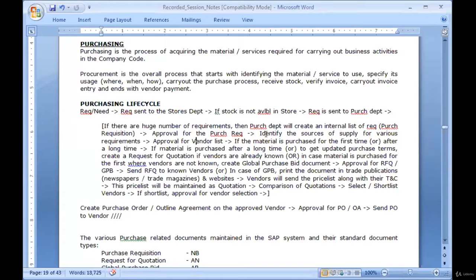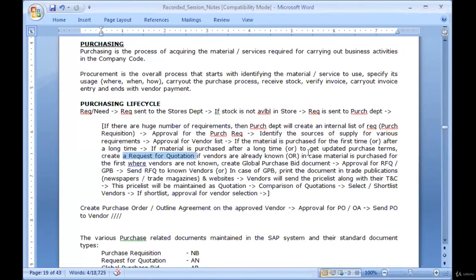However, in case the material is purchased for the first time or after a long time, because the purchase department will not have the relevant purchase related information or purchase data, for those items where the vendors are known, the purchase department will create a request for quotation document and send it to them after approval.